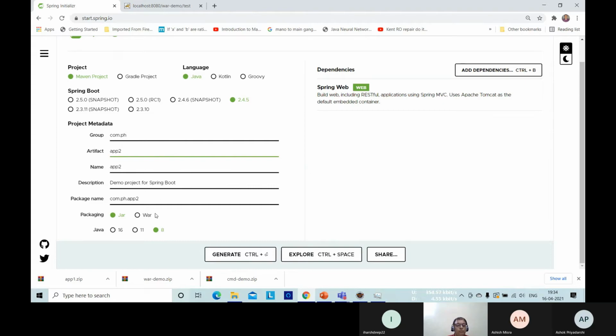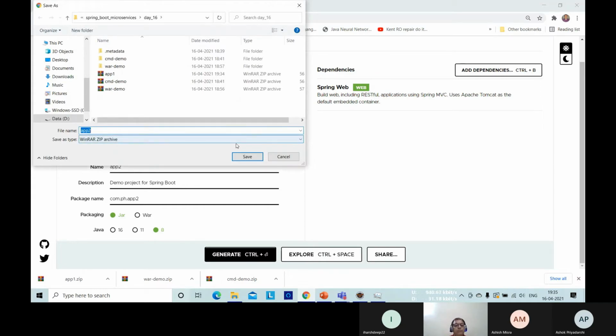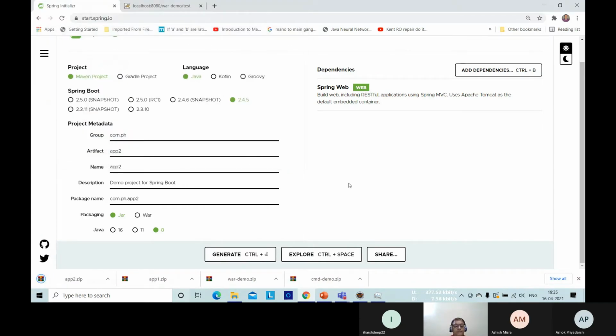Let's say app two, because I want to establish communication between two individual applications. So first app 1 and second app 2. Got it? So app 2 gets downloaded. So both the files I have downloaded.